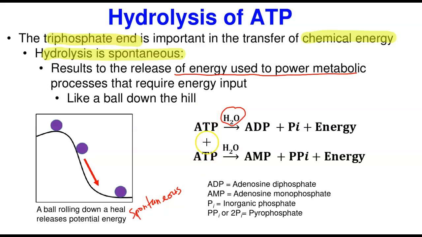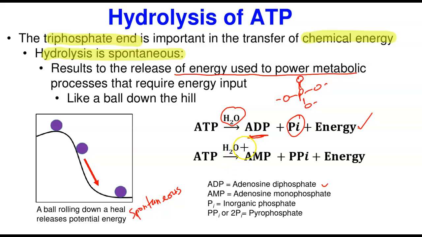If water is used to break only one phosphate bond from ATP, it's going to remain ADP. ADP means adenosine diphosphate, and then the inorganic phosphate plus energy. It is this energy that is used to power metabolic activity. So when one inorganic phosphate group is released, the product becomes ADP, or adenosine diphosphate. You have three, you removed one, it remains two. So this actually is the inorganic phosphate released in this case, and energy.